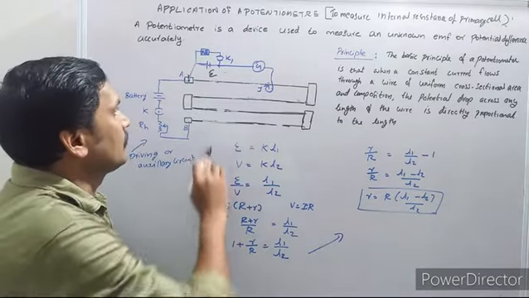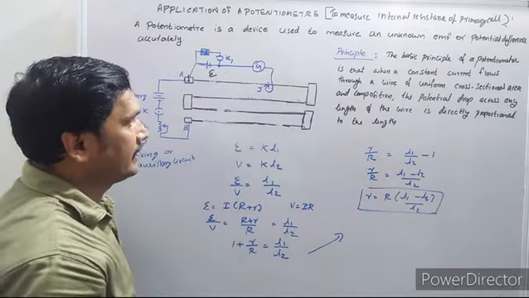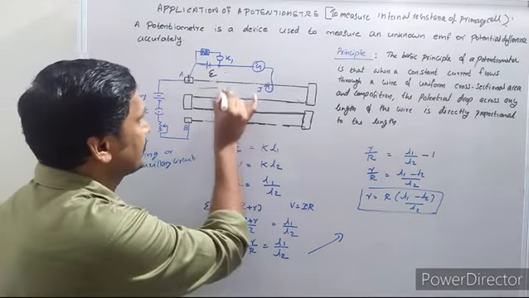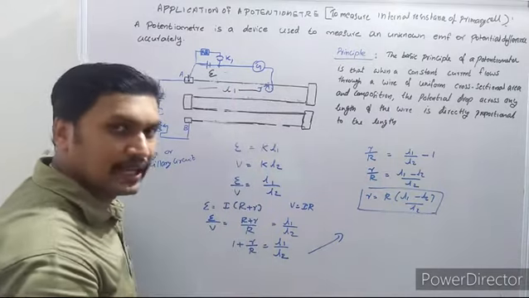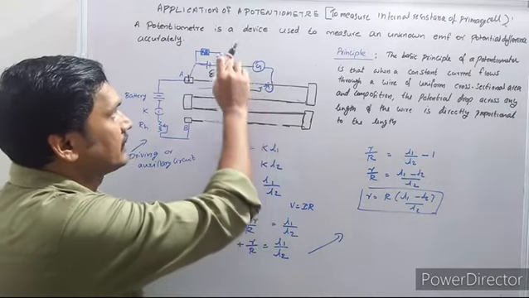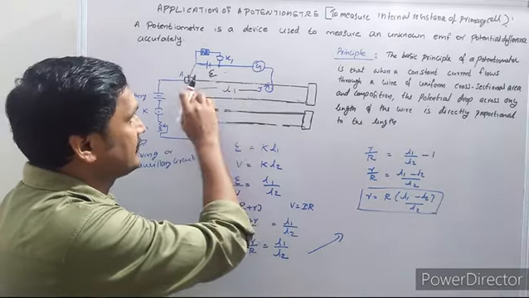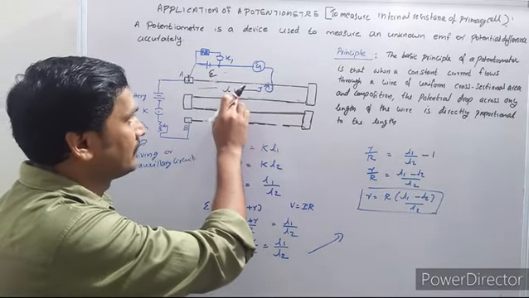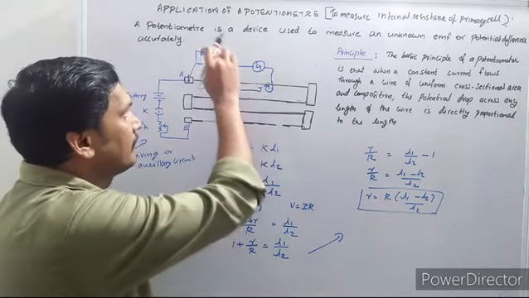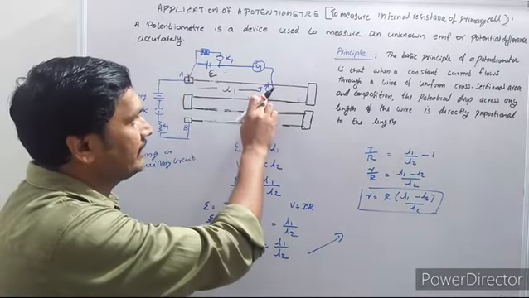Okay. Now we slide the jockey through this potentiometer wire and say at this point we get a null deflection. Say this length is measured as L1. Here the key is not inserted. So actually the potential across AJ having length L1 is equal to the EMF of this cell. The EMF of the cell is balanced by the potential difference across the length AJ.